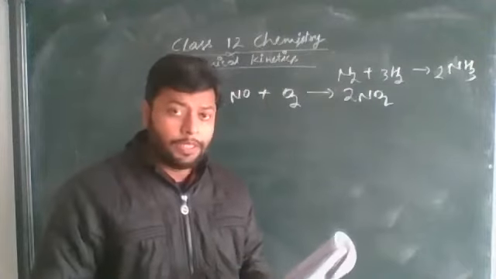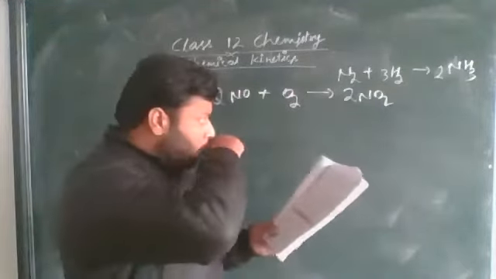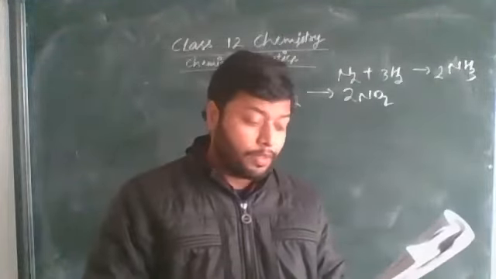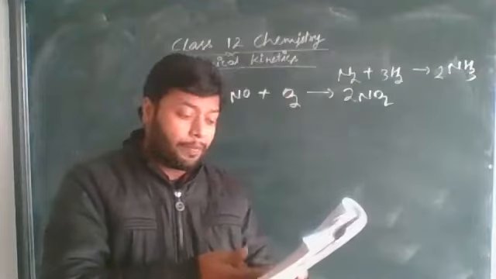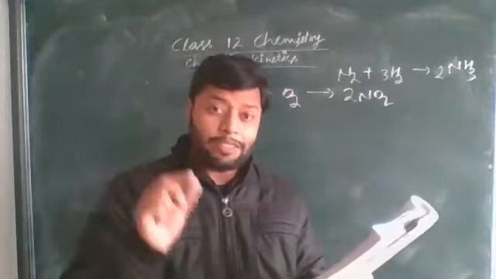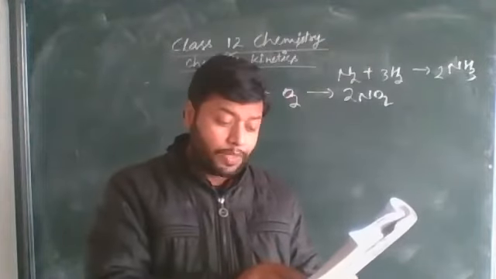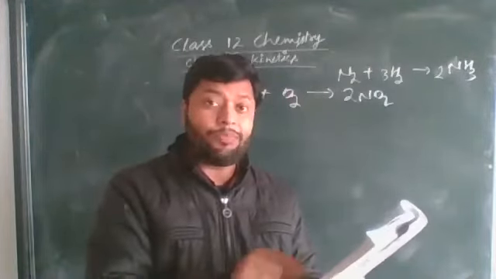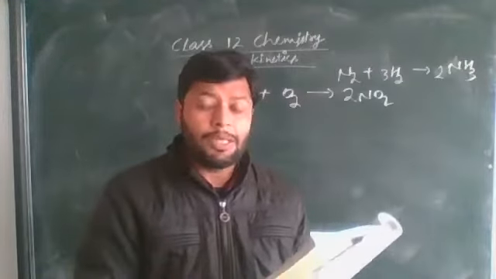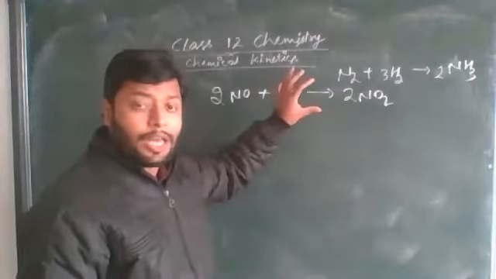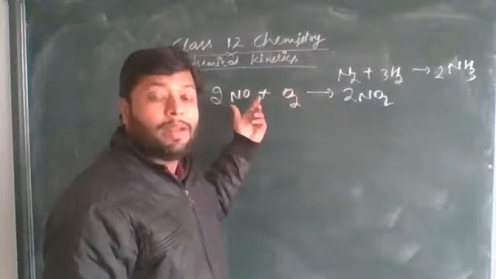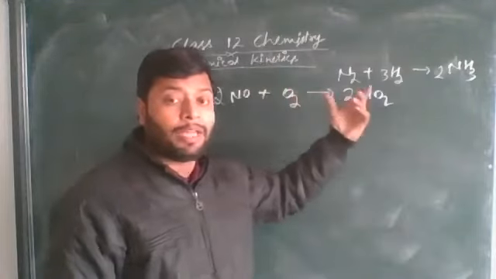You can see that in experiments first and second, the initial concentration of NO is doubled, 0.3 then 0.6. The initial concentration of O2 is constant, and the initial rate of formation of NO2 becomes 4 times. That means when the concentration of O2 remains constant and we double the concentration of NO, we get a 4 times value of NO2,